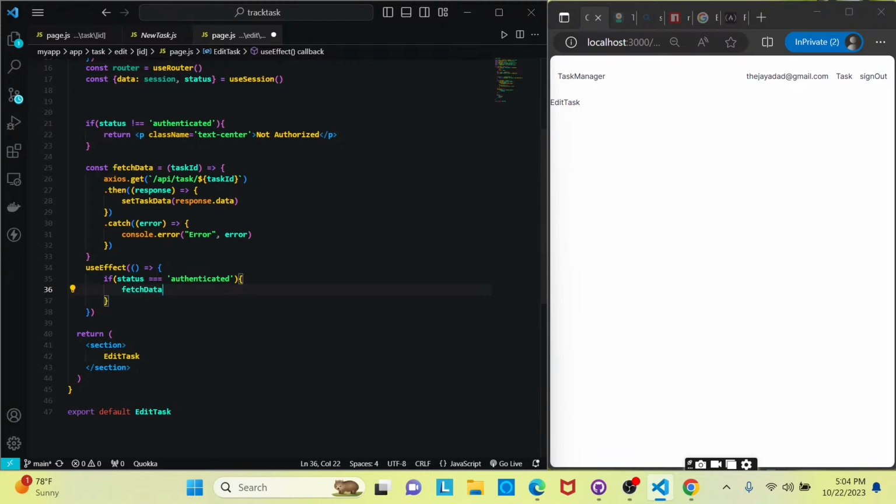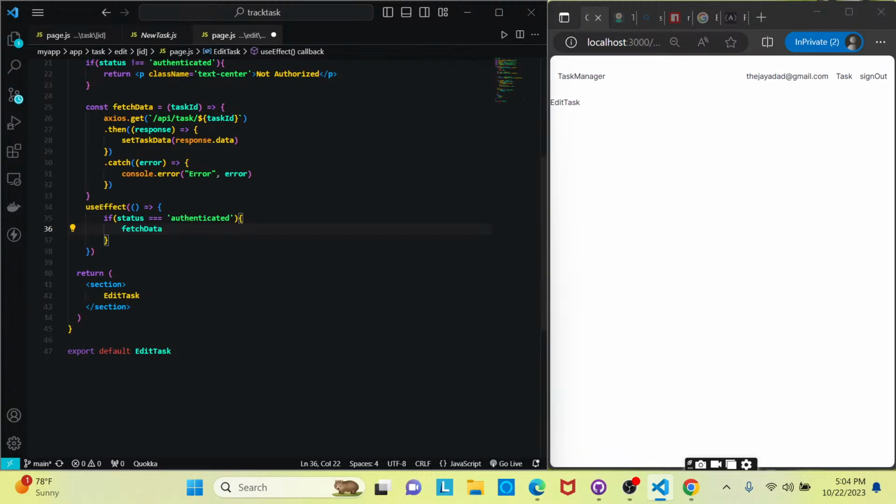Actually, we don't need to, once we fetch the data, well, we probably should. Once we fetch the data, then we'll need to make the update request. So we'll fetch it, and then we will